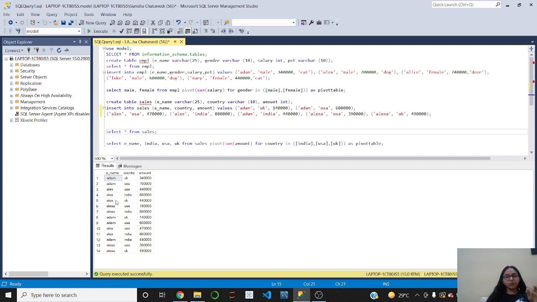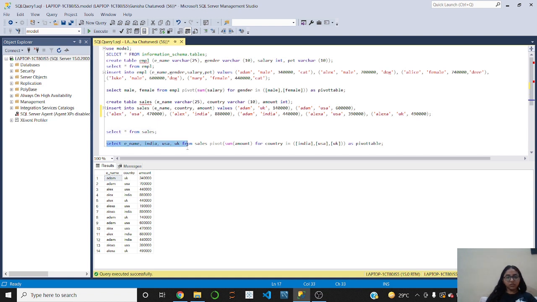Now what we want to do is display the names, and along with that we want to display the sum of the sales done in respective countries by each of the employees or the names that we have. So for that, if we use group by, then we'll again have repeated values. Adam in UK will be one value, Adam in US, so there will be redundancy in the employee names. So if we use pivot, I'm going to be moving to explaining the syntax after executing this example.